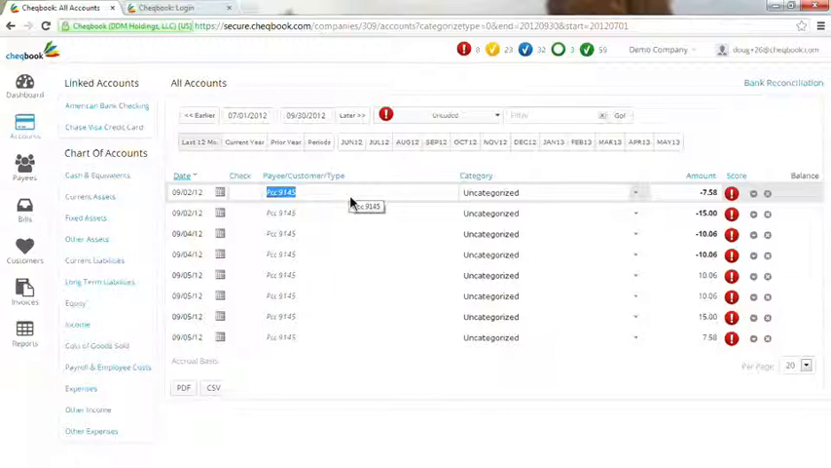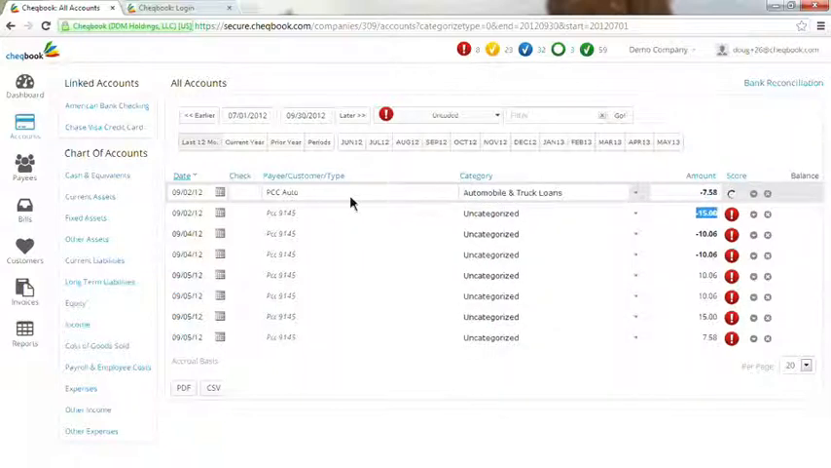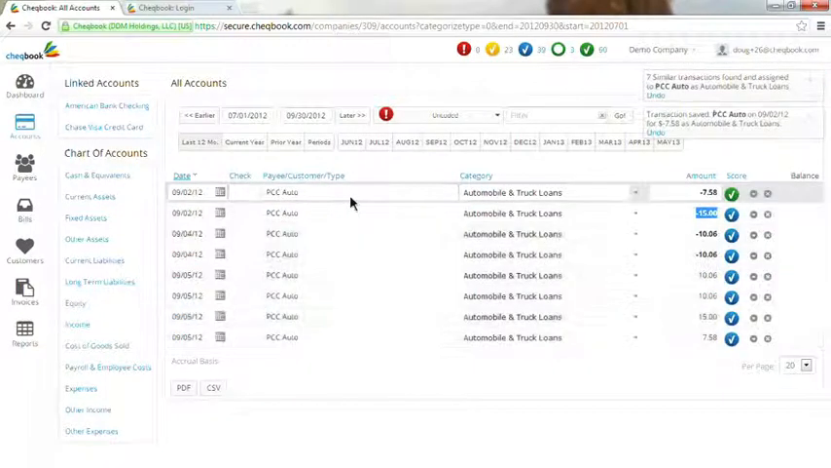The first thing I'm going to do is I'm going to look at this description. It's PCC 9145, and I'm going to go, oh wait, I know what that is. That is actually PCC Auto, and I'm going to type in the vendor name. I'm going to tab over, and I'm going to categorize that, and then I'm going to hit Enter. Okay? So what you'll see happens on the screen is that transaction, because I've physically been there, has turned green,